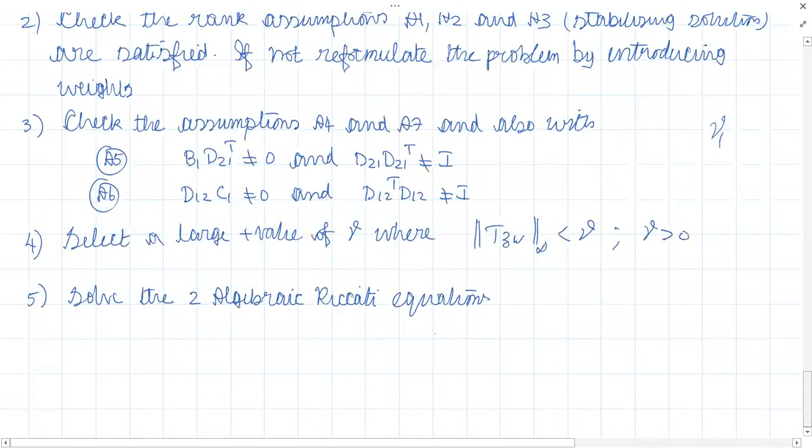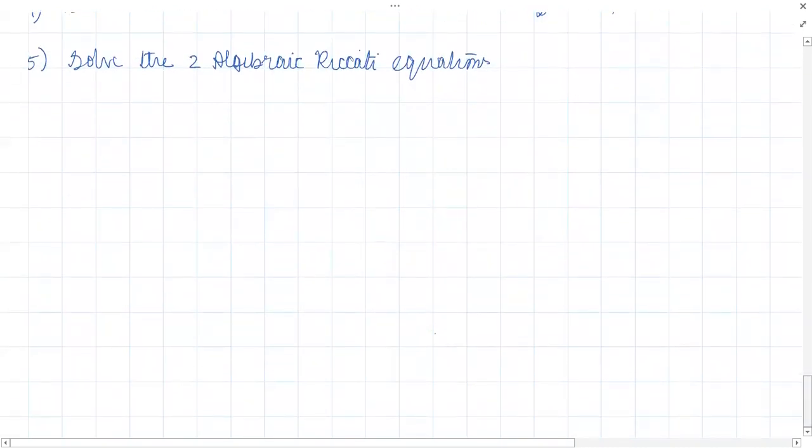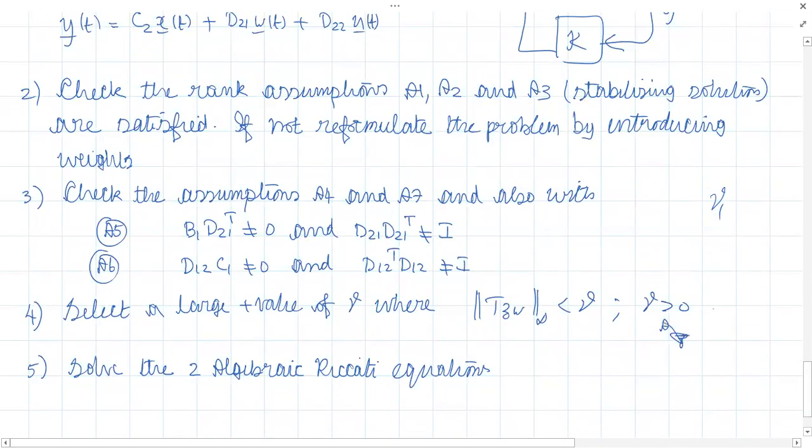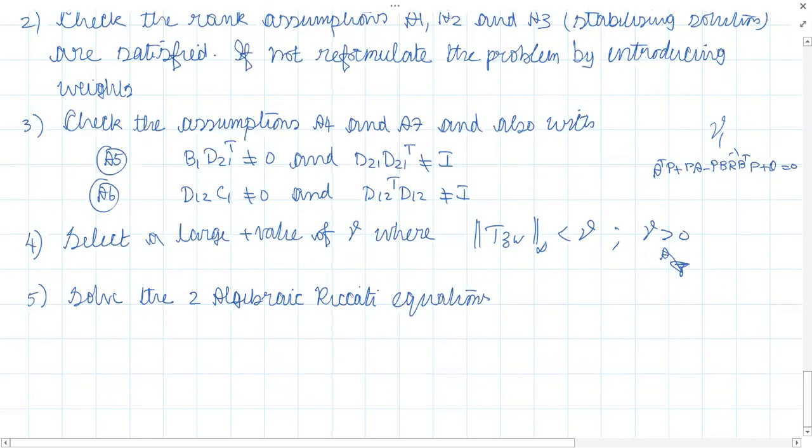Okay, what are the Riccati equations? That's given by this. Yesterday I told you about a matrix P, which is a solution of A transpose P plus PA minus PB R inverse B transpose P plus Q equal to 0. Here P was the solution of this ARE, algebraic Riccati equation. Like that, I am assuming now X infinity is the solution to the controller.